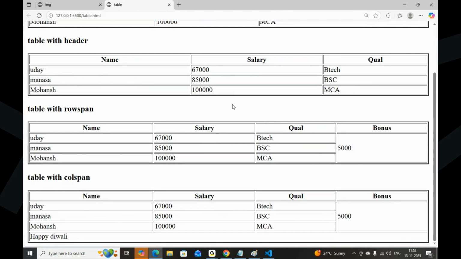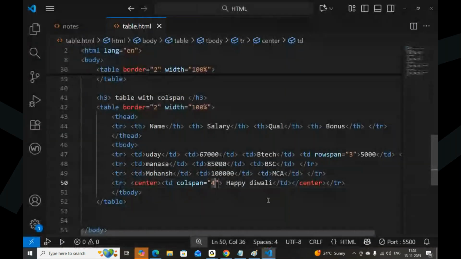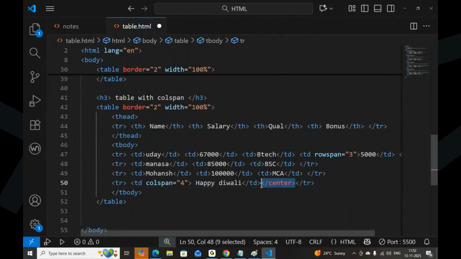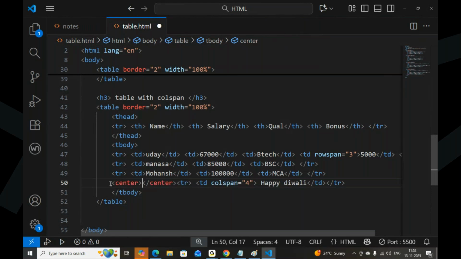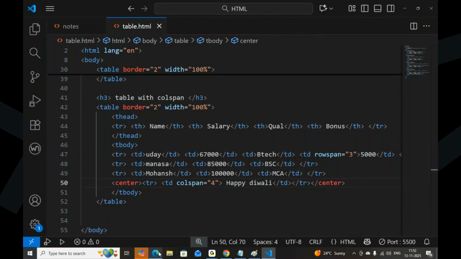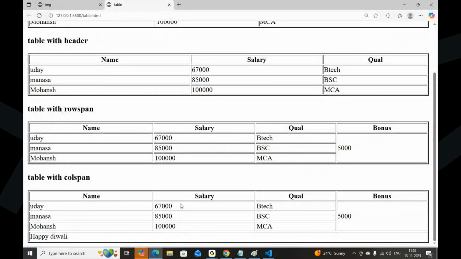What's the problem? It is not centering. Can I keep this center for the total TR? Maybe it will work or not work. It did not work, so you can write CSS for that.